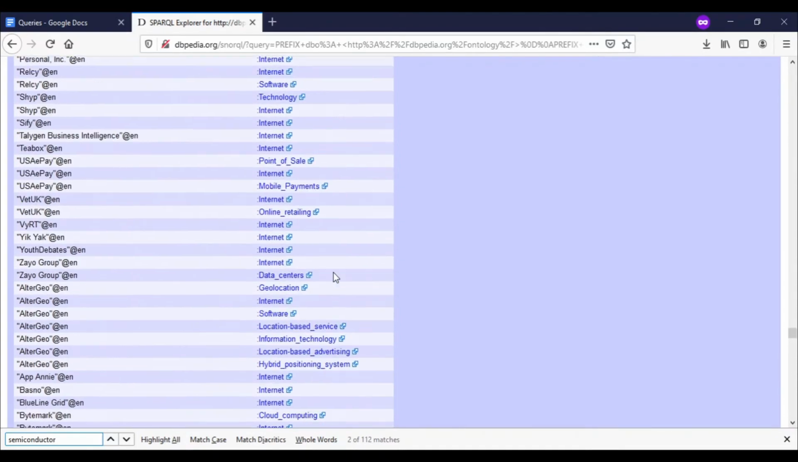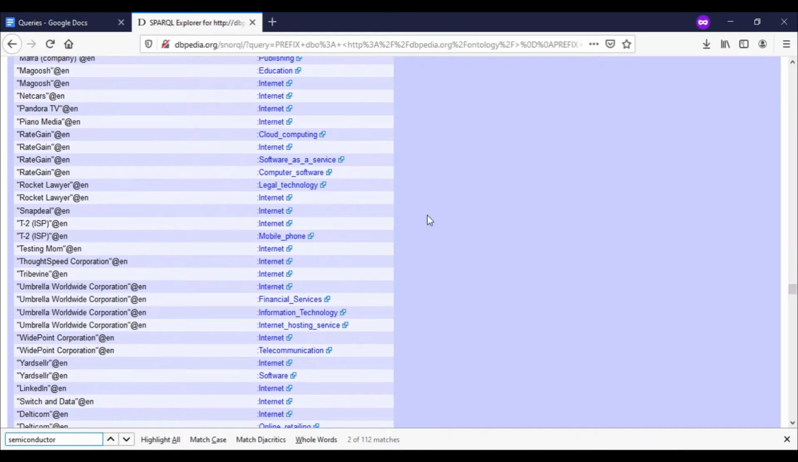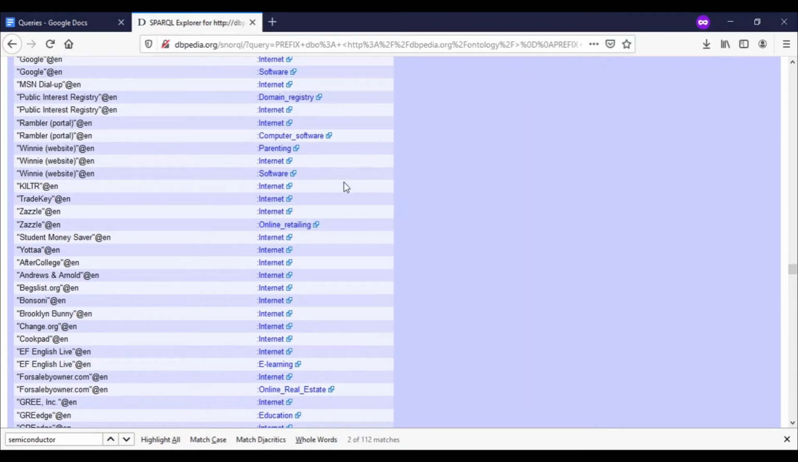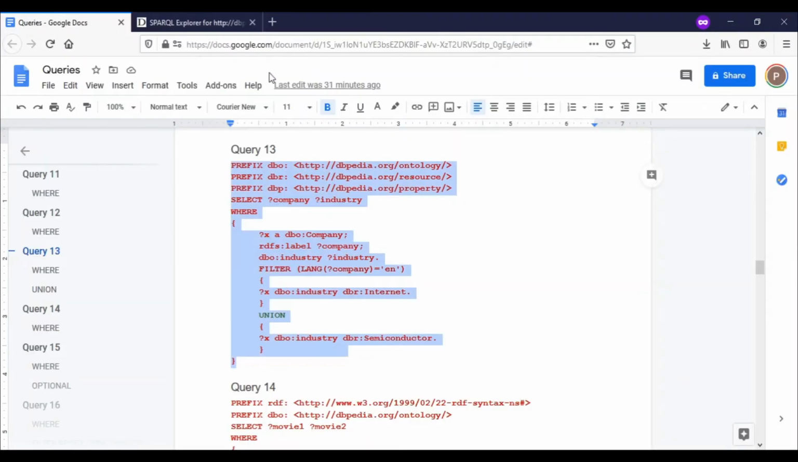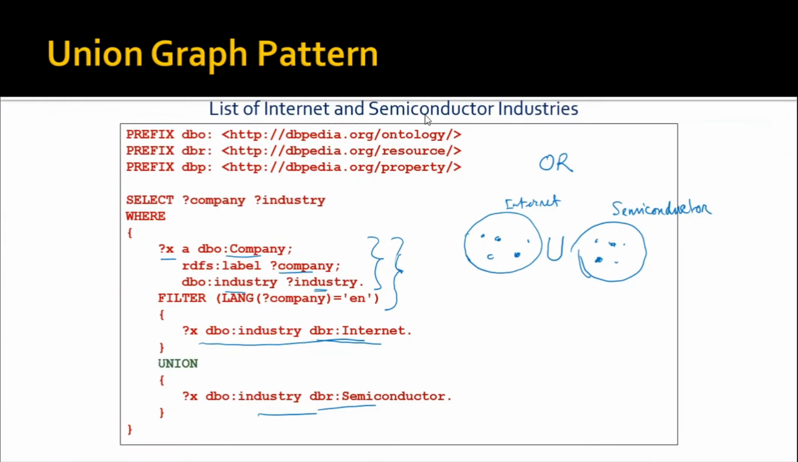But on top of this, you can see that you have companies that are working in the domain of, say, cloud computing or financial services, which were not really the thing we wanted. But why are they getting listed? Because if you take this Umbrella Worldwide Corporation, it belongs to the internet domain. That's why these companies are retrieved. But this company is also working in financial services, information technology, and internet hosting service. So these are also retrieved, right? But it will retrieve at least those companies that are either internet or semiconductor. So going back to the queries,